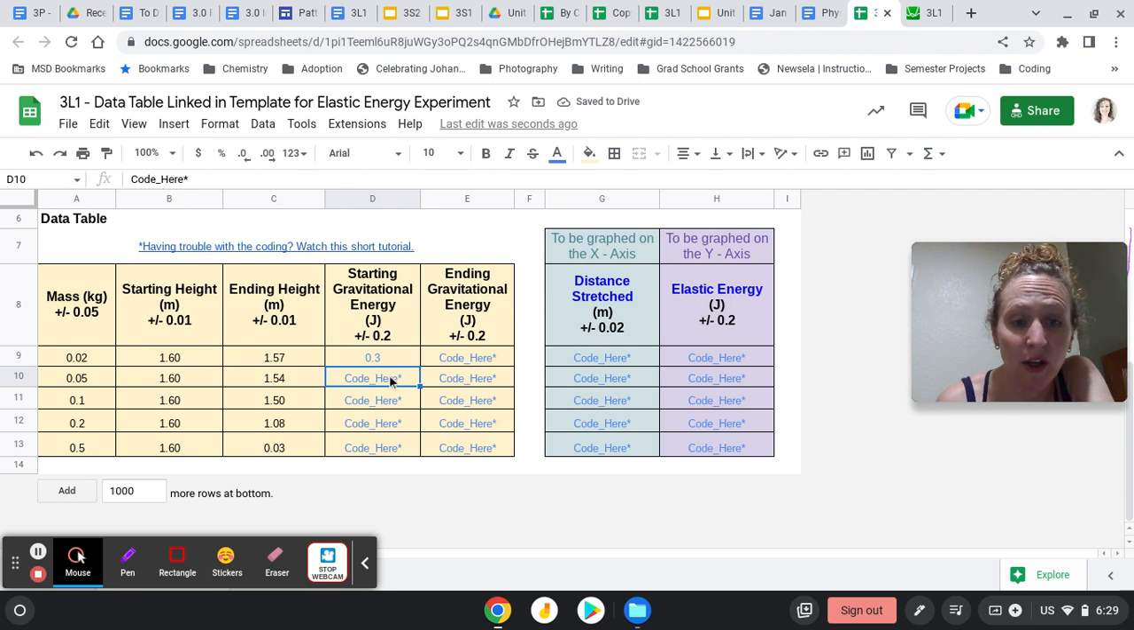Now I can type the code in 4 more times, or I can do that little trick again where I click on that first box, go to this little blue box in the lower right-hand corner. I'm going to click, drag, and drop. And what that does, if you look up here in the function box, you'll notice it has selected the mass and height from that